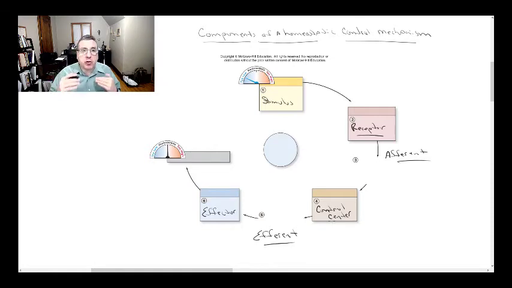The first thing is you are sensing the temperature is cold. That sense then stimulates a receptor, which sends a signal to the control center. The control center says, ooh, I'm getting cold, temperature's going down. It sends an efferent signal to an effector, the erector pili muscles, to give you goosebumps. Now, why goosebumps, okay? Well,